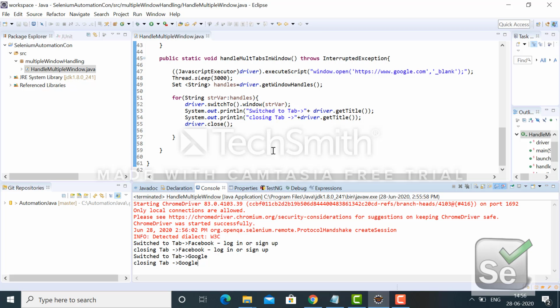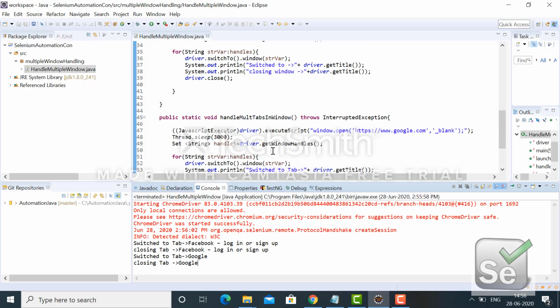There might be some high chances of making mistakes, right? Let's say we are trying to close, or fetch some information for, a particular window or tab, but we forgot to switch to that tab. So always make sure that we switch to that tab, and only then close. And once you close, you have to switch back to your parent tab or parent window before performing any more operation. Otherwise it will again throw an exception. So be careful on that.